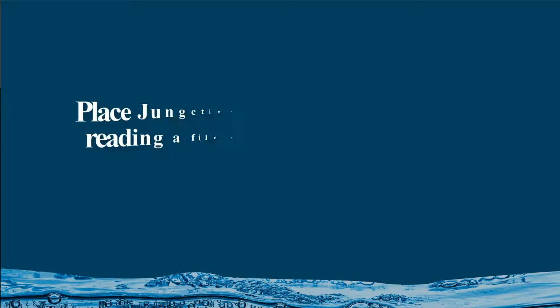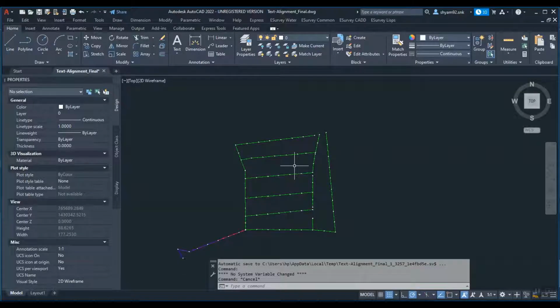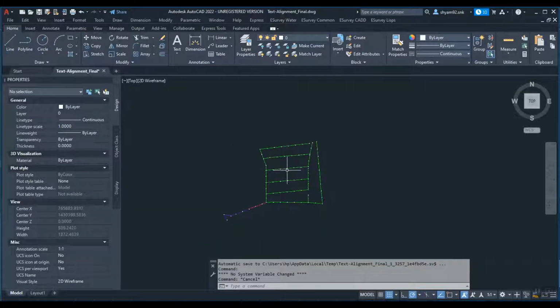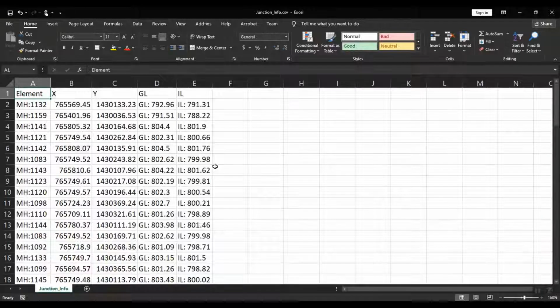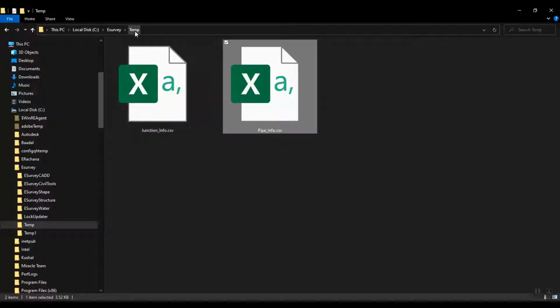Place junction name and elevation by reading a file from standard location, PJTL. In the Smart Network PJTL command, a prerequisite for this command is you should have junction details in junction_info.csv and pipe details in pipe_info.csv. Both files to be saved in C, eSurvey, temp.